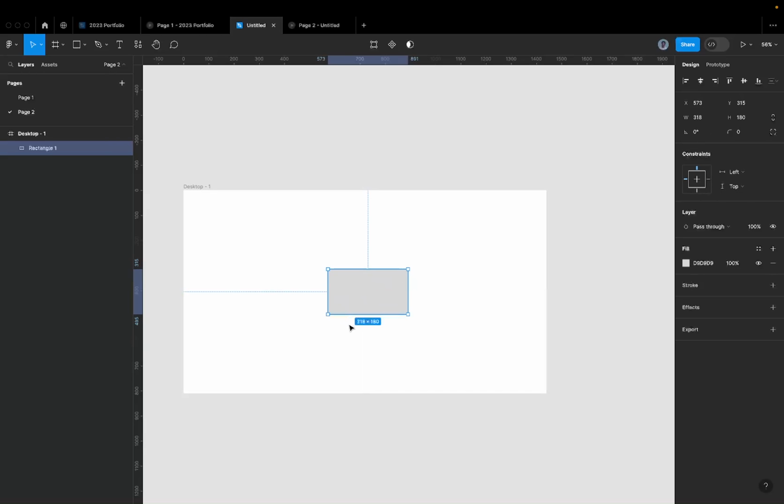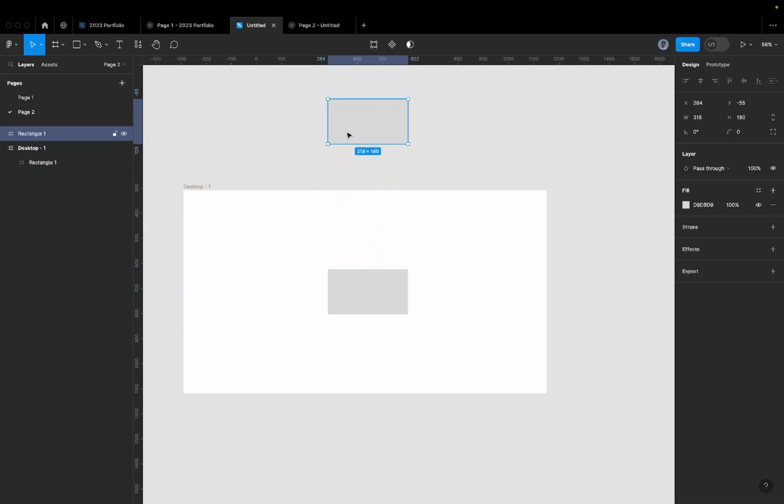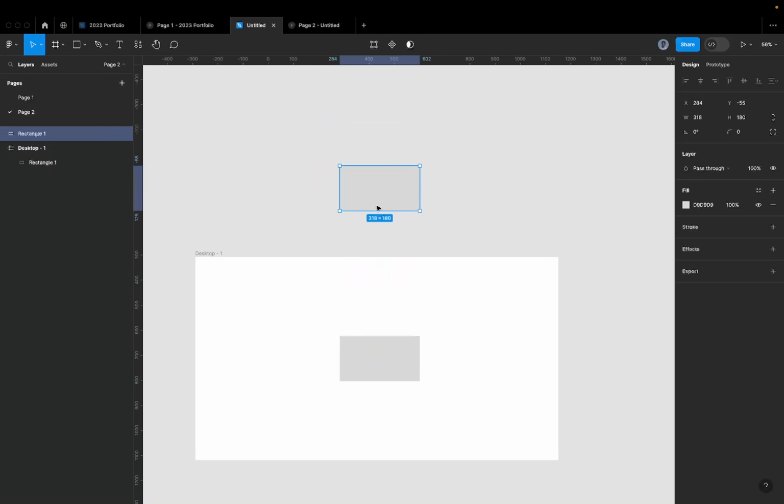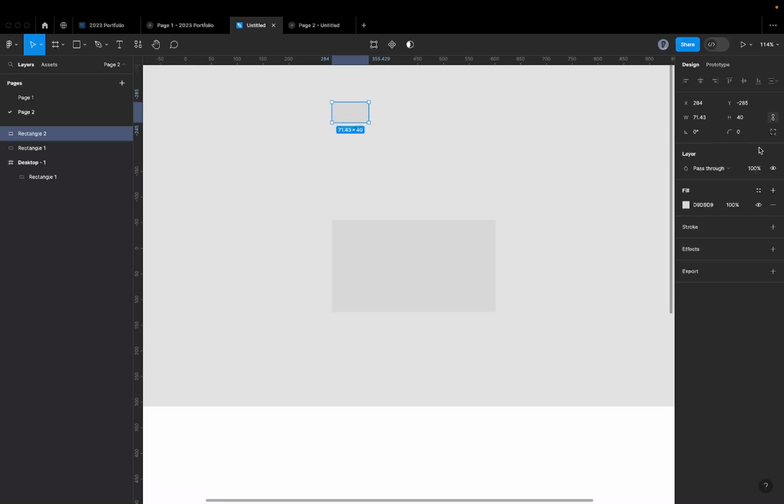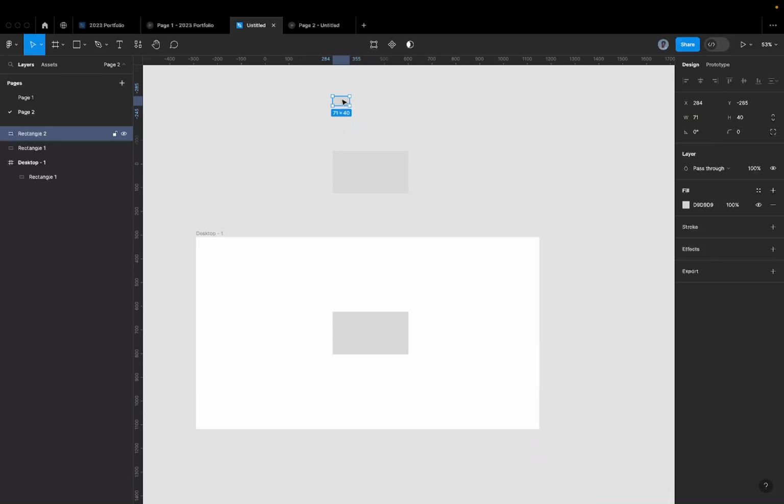So what I'm going to do now is create a component. I think I can create a component. No, do I want to create a component now? Yeah, I want to have a second version of it, and then the third version of it. The second version is fine, really. So in this second version, I'm going to scale it down to, let's say, 40. Let's do 40 in height. When I say 40, I mean 40 in height. The width is proportional. So 71 by 40. So I'm just going to bring it to my design again and put it side by side